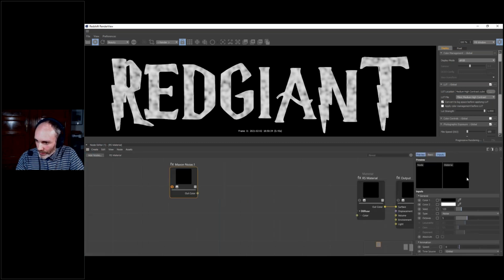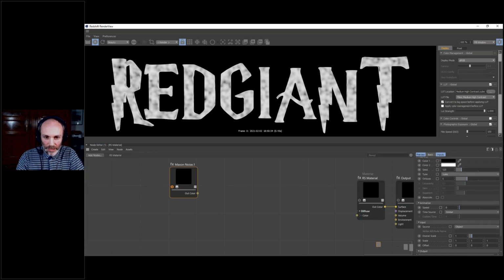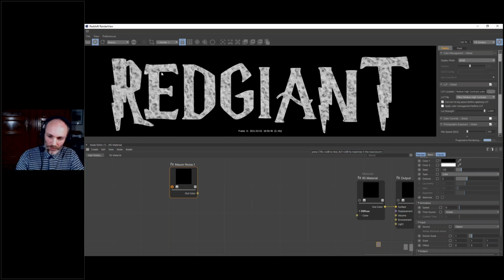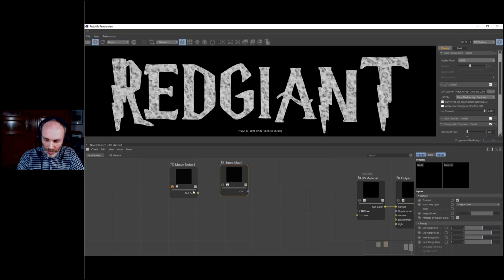And here our Maxon noise, I'm going to use as a noise, let's use the Luca. So the Luca is going to give us that kind of noise. And I'm just going to use it with the bump map. So bump map. Let's plug it here. Texture to the input. So that's easy. Yellow goes to yellow. And then this bump map is going to our material.